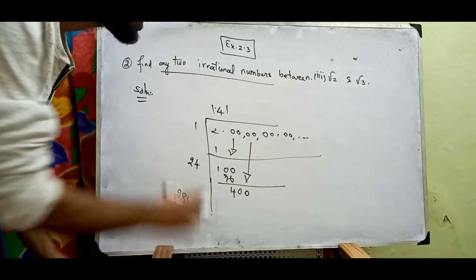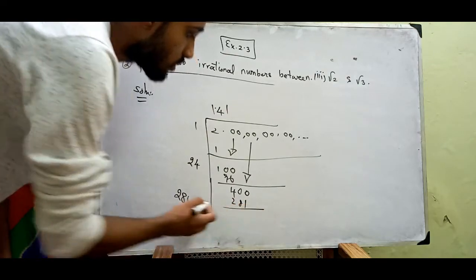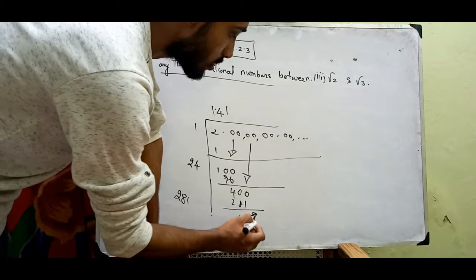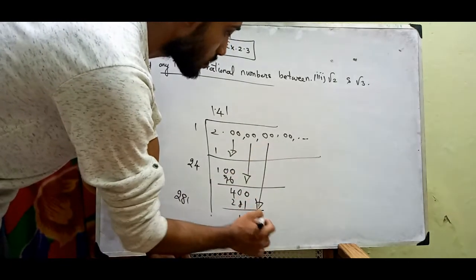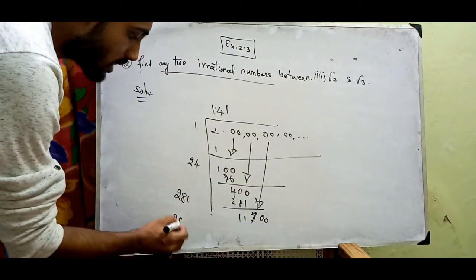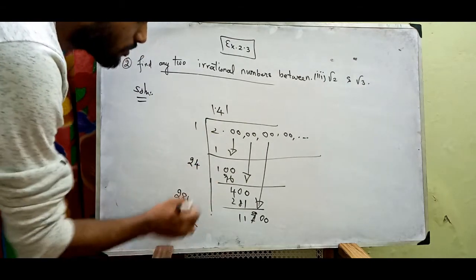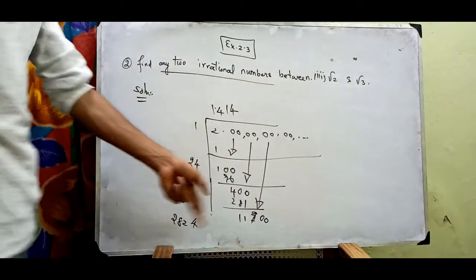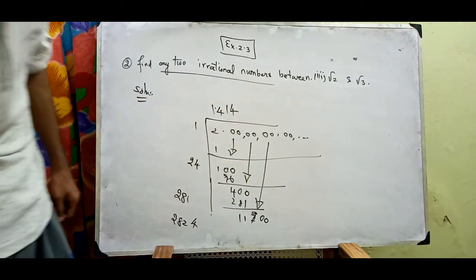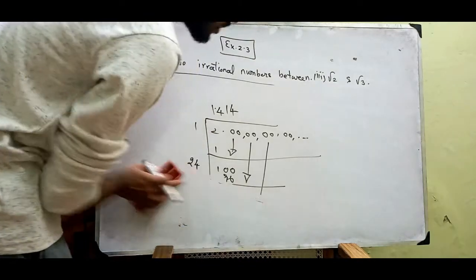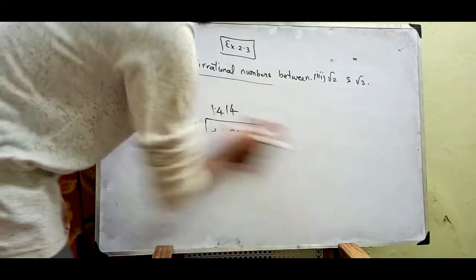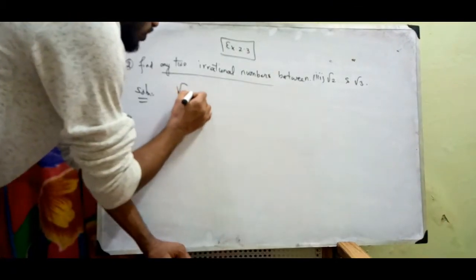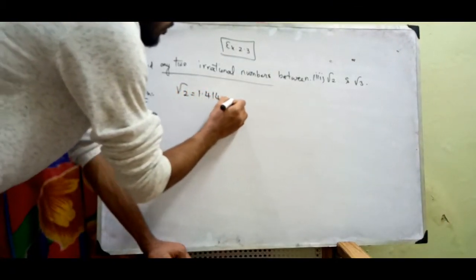Okay, so 281 times 1 is 281, and the rest of the number will be 119 or something, which are located. Then 0 0 0. 281 plus 1 is 282. Then what we have done 4 times, it is going to again give 1.414 and so on. In this way you can find the square root of 2. The same way you are going to find the square root of 3, in this way, long division method. So for now we know that the square root of 2 is 1.4142 and so on.